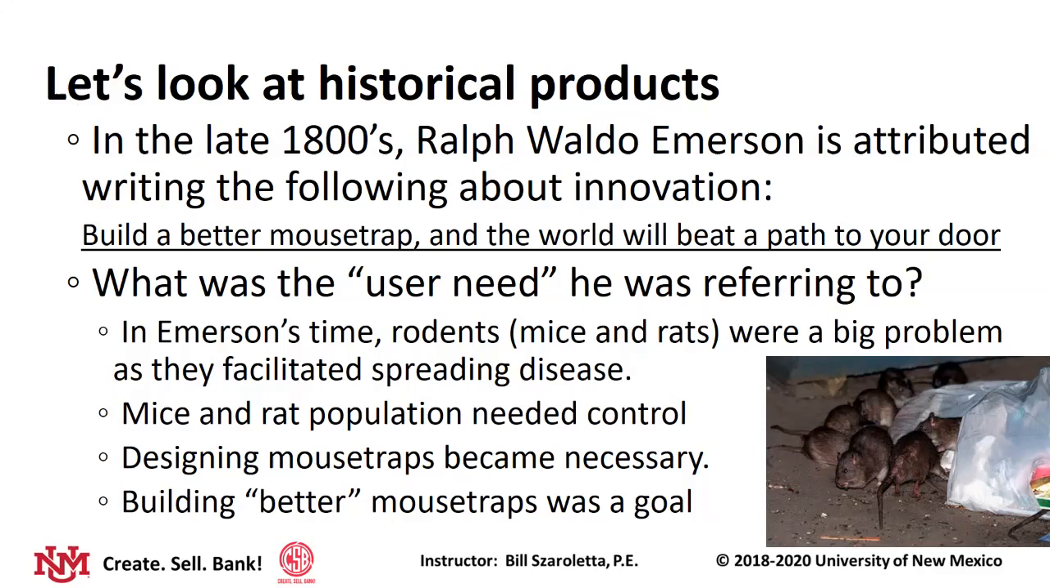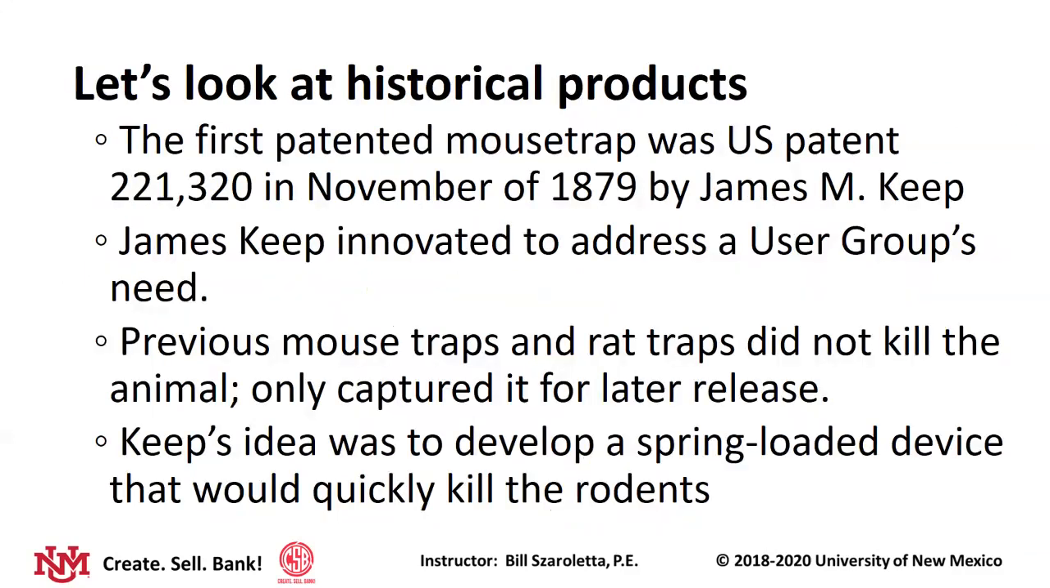But what was the user need he was referring to? In his time, rodents, the mice and rats, were a big problem, and they facilitated spreading disease. The mice and rat population needed control. Designing mousetraps became necessary. Building better mousetraps was a goal. So the first patented mousetrap was US patent number 221320, and it was awarded in November of 1879 to James